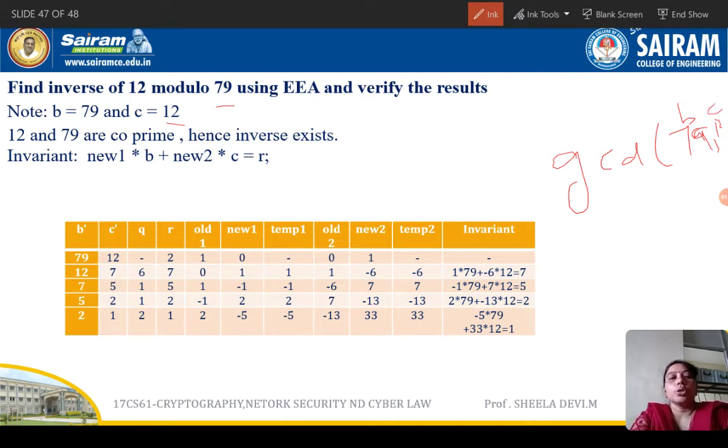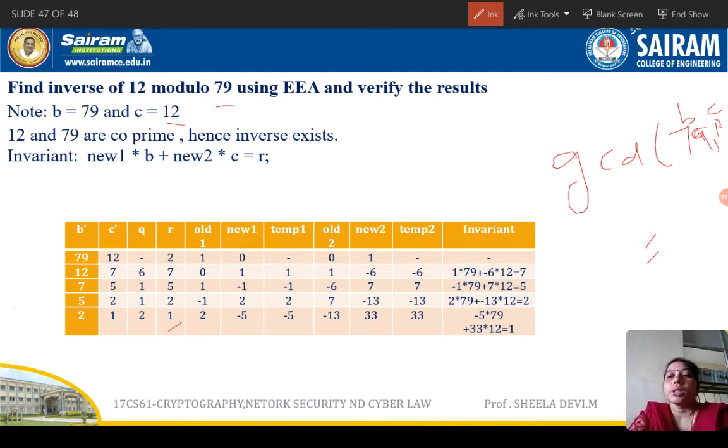So what should be the answer? After inversing, we have to get the remainder as 1. That is the final solution. In the GCD we have to repeat the steps until we get the remainder as 0. In the calculation of the inverse operation, we have to repeat the steps until we get the remainder as 1. When the remainder is 1, then we can stop the operation.